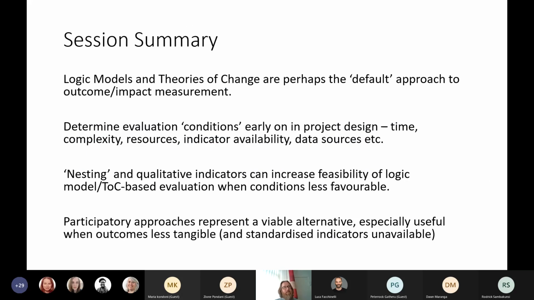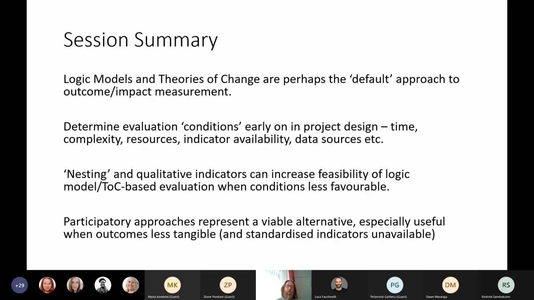So I think that's the end of my key summary here. In sum, logic models and theory of change are perhaps the default approach to outcome and impact measurement. I think they're most commonly used, most commonly expected by funders. In choosing to use one or another of these approaches, these decisions need to be made at the earliest possible stage, the outset of your project design,